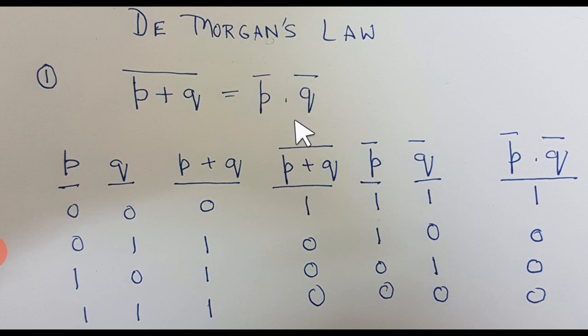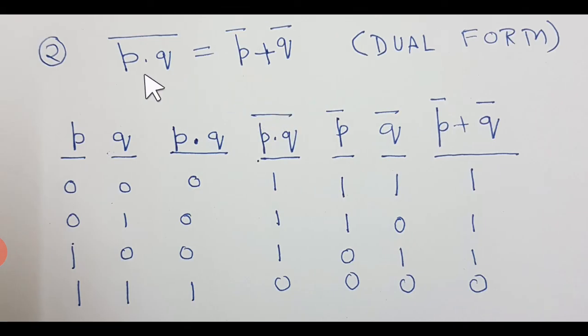And now its dual form we have to discuss, where I am going to replace this plus with dot, and this dot will be replaced with the plus sign. Alright. Now see the dual form. Complement of a product is equal to the sum of the variables' complement. That is what the dual form of De Morgan's law is all about. So here you can see P dot Q whole complement equals P complement plus Q complement, or you may say P dot Q bar equals P bar plus Q bar.